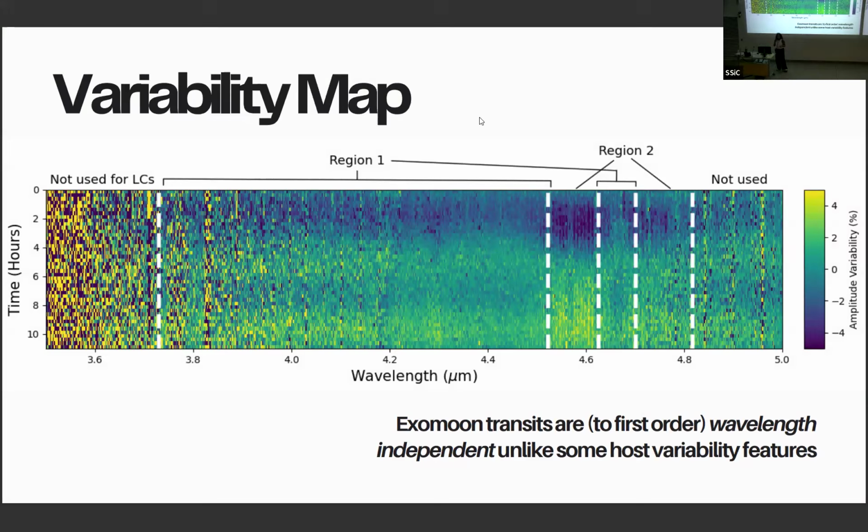There's different things going on with the chemistry, and that variability might look different at different wavelengths. But in an exomoon transit, we would expect it to not be dependent on wavelength. It would be all of the light decreasing since it's being physically blocked out. And so we've chosen two different wavelength regions with different variability patterns,